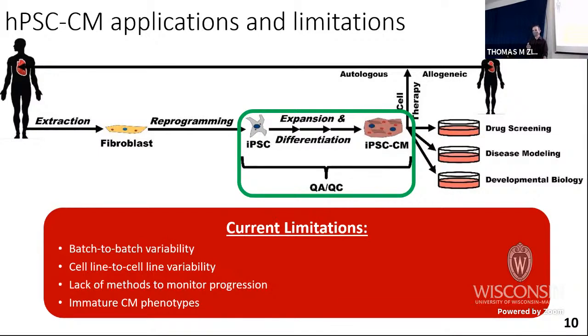So after you take a small piece of heart, reprogram that back to an induced pluripotent stem cell, they find that those can actually more preferentially become cardiomyocytes. There are underlying epigenetic modifiers that they think are a kind of memory retained within the cell, basically modifying how the genome is oriented and packed into the nucleus, and that can affect how well that cell might become a different cell type. So there's very interesting work on that, and that can potentially lead into some of the cell line to cell line variability.